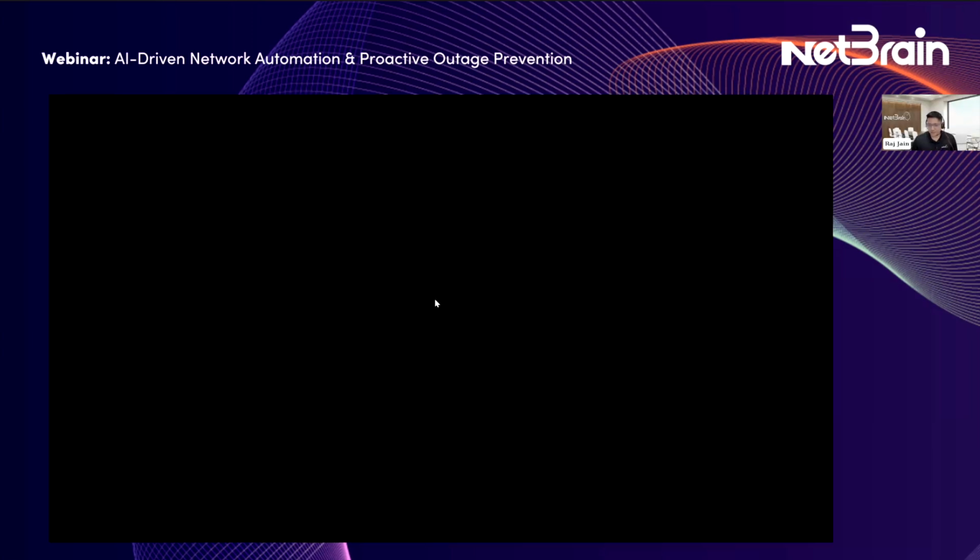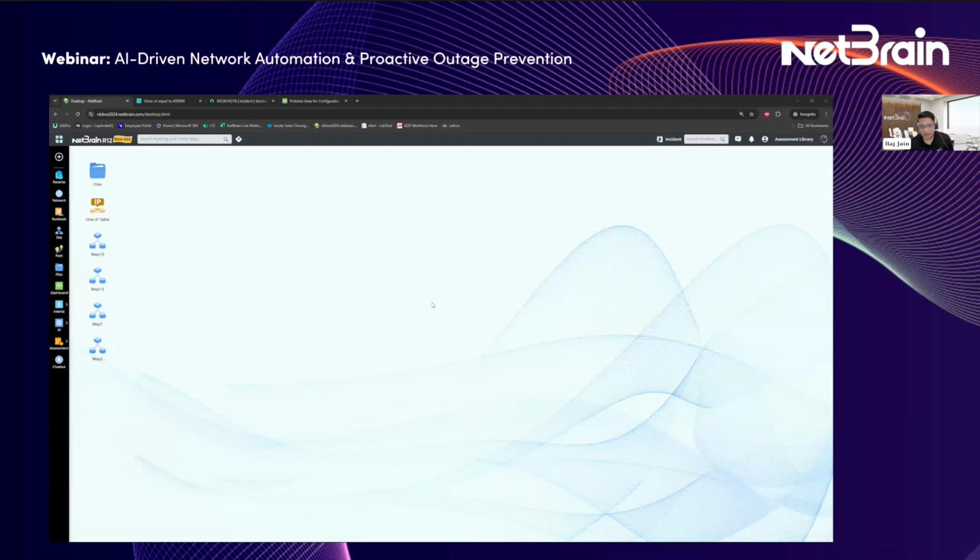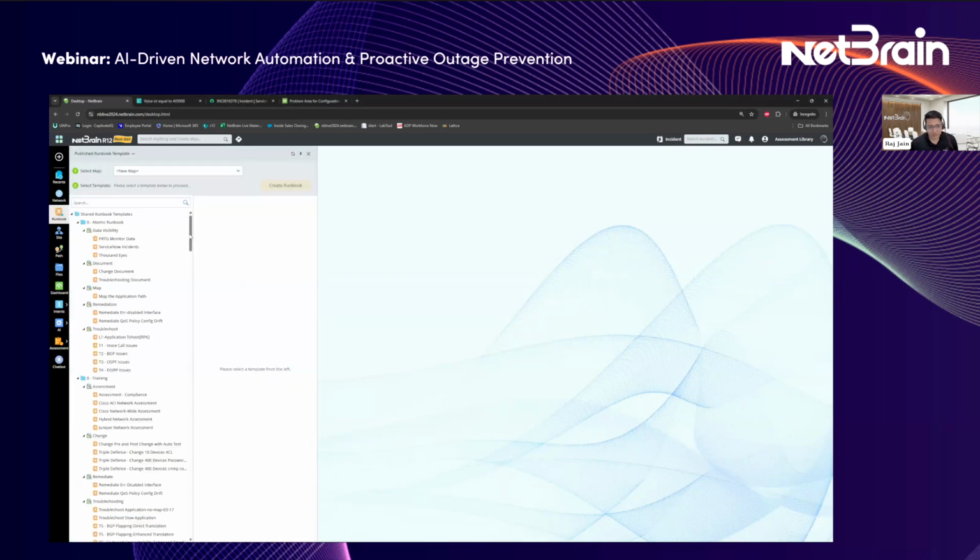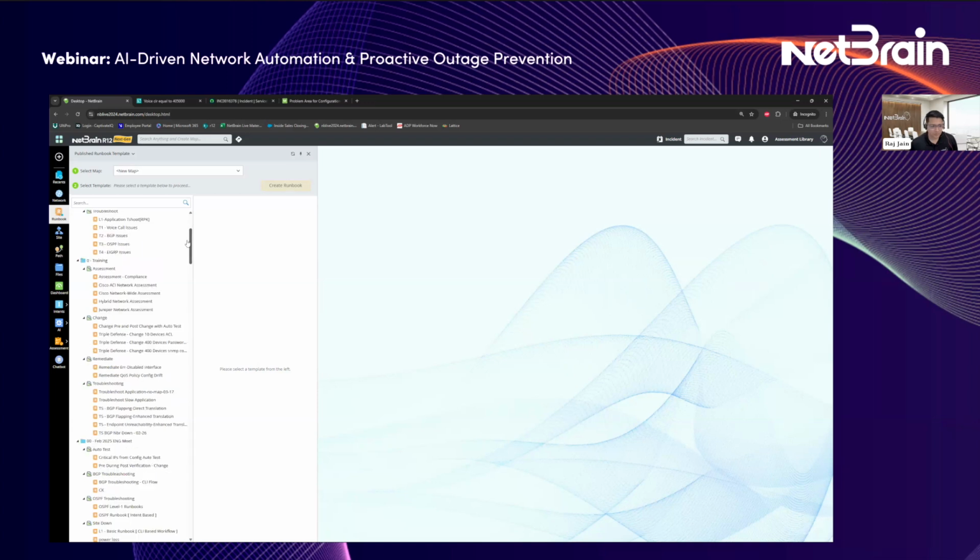Thank you, Song. That's a bold statement that we want to help each and every engineer in the company to be able to solve problems in minutes. And the way we do that is through runbooks. So our customers today are using these runbooks to run change processes, to run troubleshooting processes, to run assessments. And I think one simple example that I want to show today is troubleshooting a slow application.